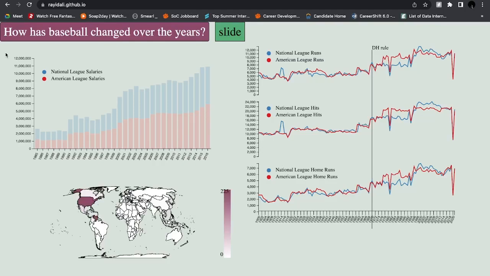Hi, this is the visualization for Group 13, and we've tried answering the question of how baseball has changed over the years. The first visualization tries to address the question of how the introduction of the designated hitter rule in 1970 affected baseball. We've kept this as our main visualization, and the key thing to note over here is that